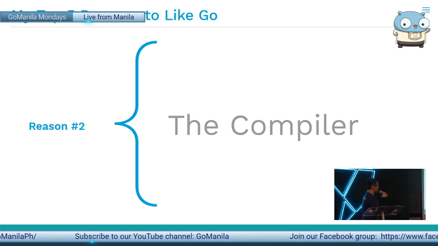The second one was actually the compiler. I'm old. I'm about 45 years old. No, I'm actually exactly 45 years old. And when I started out, most of the languages that I used were all compiled languages. I mean, I use C, and I use Fortran, and I use COBOL, and I use Pascal, and I use Algol, and all those languages that you guys probably heard in computer history class. But